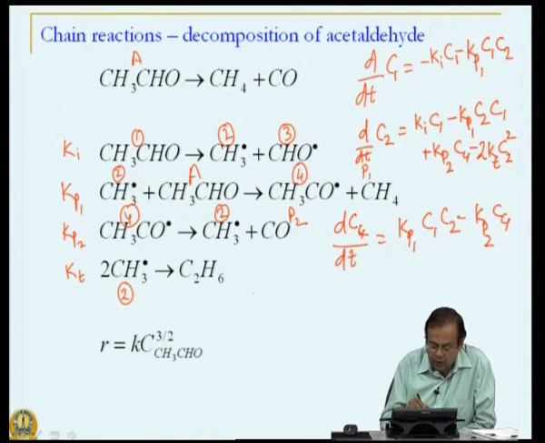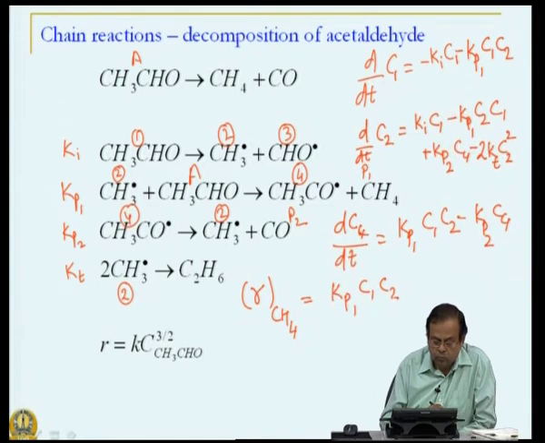Now, what is the rate of methane formation? As per this, it is Kp1 C1 C2. What is the rate of CO formation? So, as per third reaction,